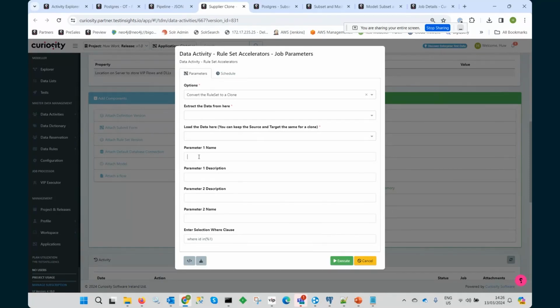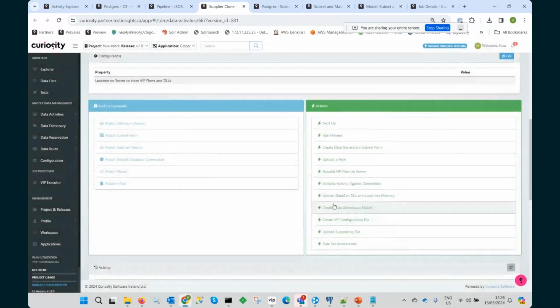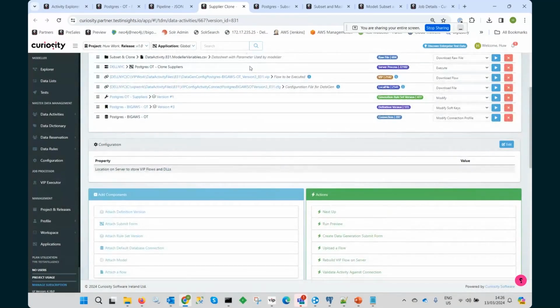So I'm going to be pulling out suppliers, so this is just going to be called par suppliers, and I'm just going to give it a list of suppliers. Then all I have to do is update the where clause, and that will pretty much build the entire rule set for you. Now, when you get into the rule set,